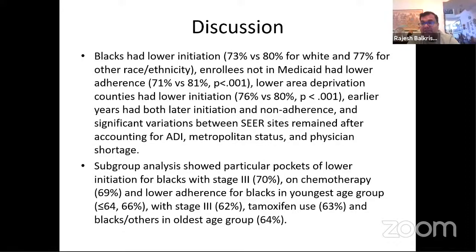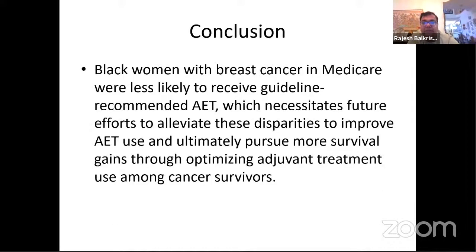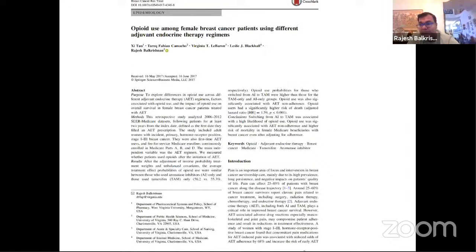That's another disparity that we have. Next slide, please. So again, this was a conclusion of the second study, and then I'll go to the final study here. Next slide, please. So then we kind of looked at this whole issue of pain medicine use and what was